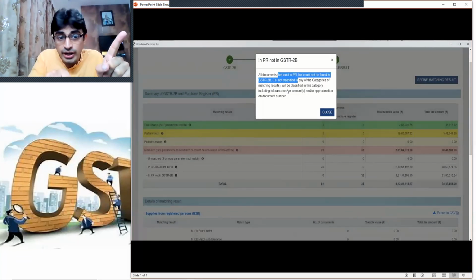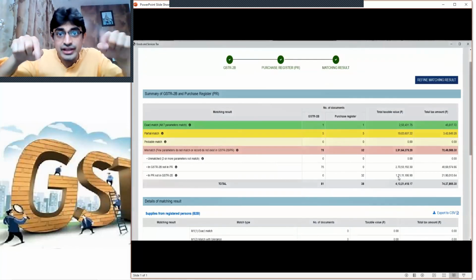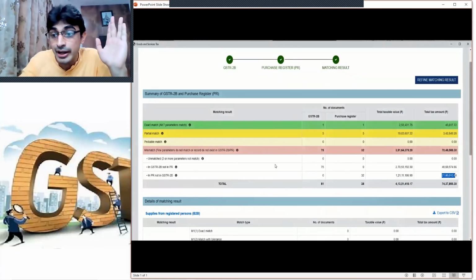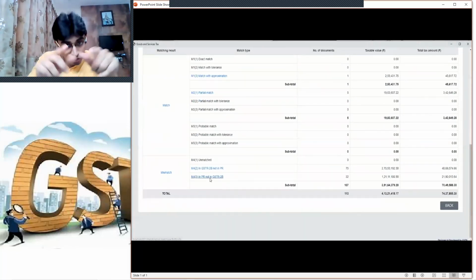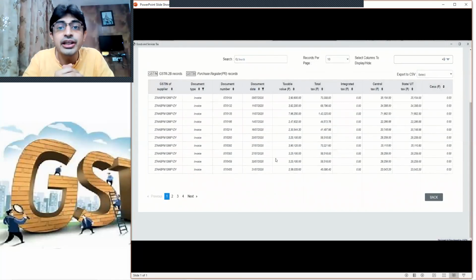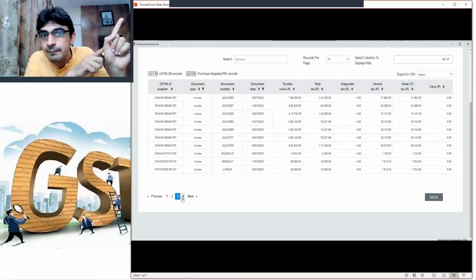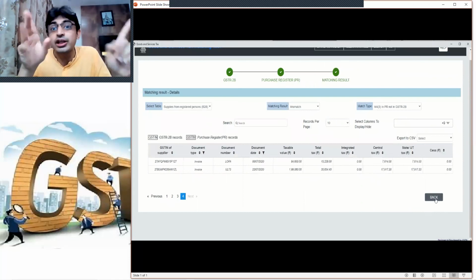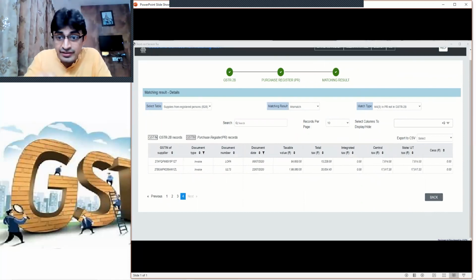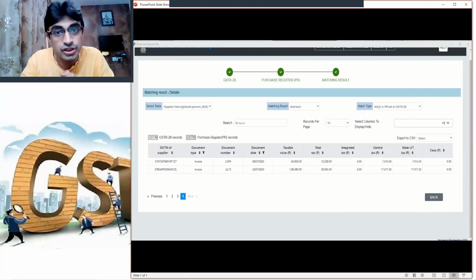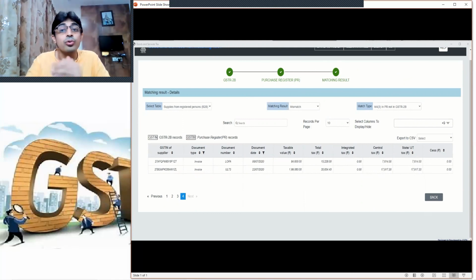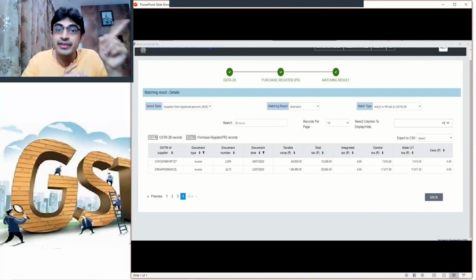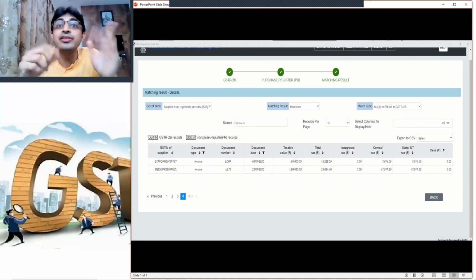Similarly, there was the next point. It is available in my purchase register, but it is not available in my 2B. 21 lakh. You can click. See, this you have taken, but I think your suppliers have not uploaded or incorrectly uploaded GSTR1. Hence, these are not auto-populated in your 2B. So this is how you need to reconcile and then contact your suppliers that these errors are coming.